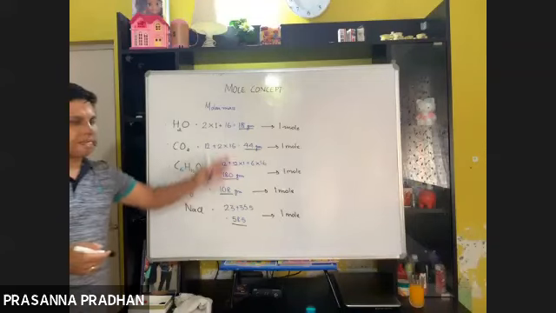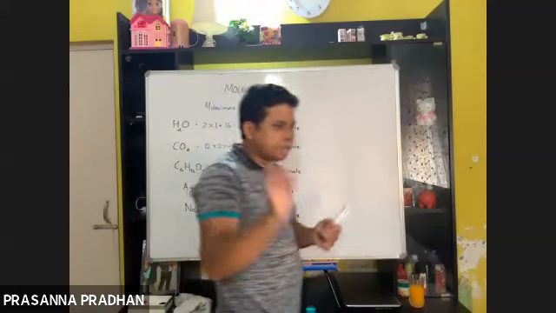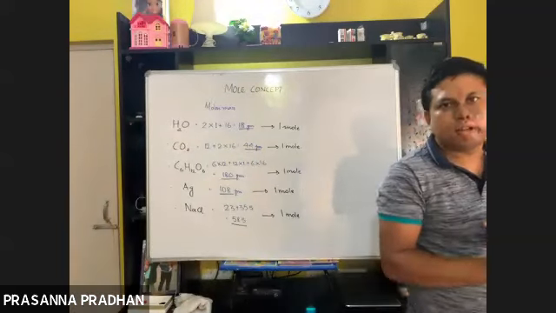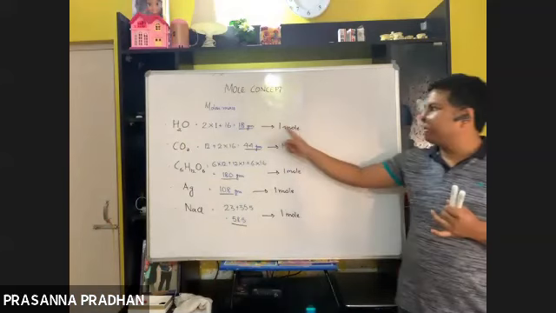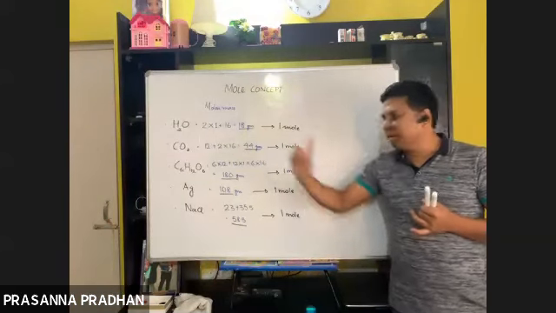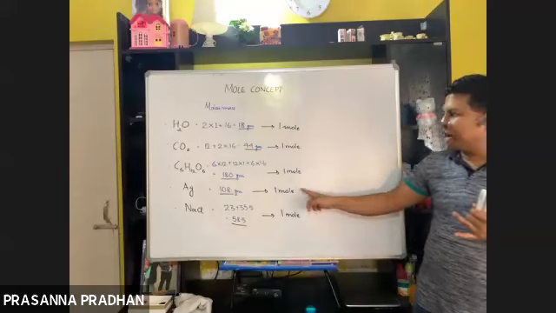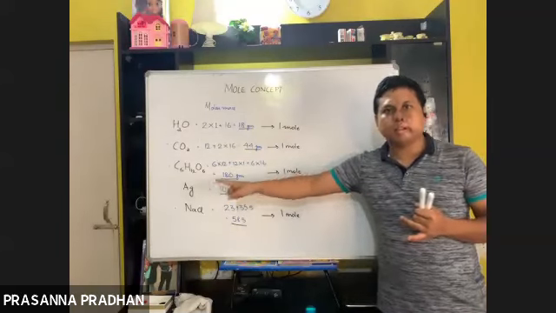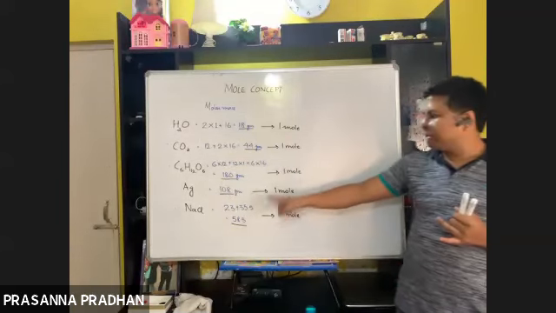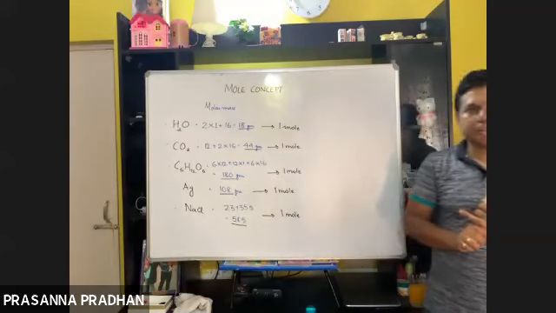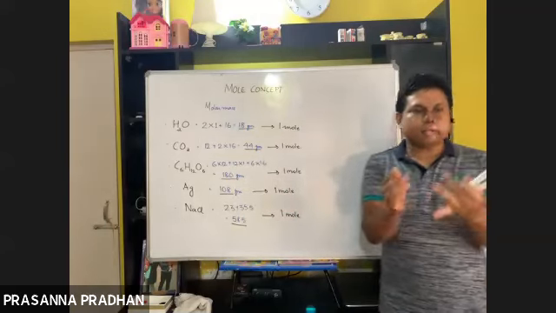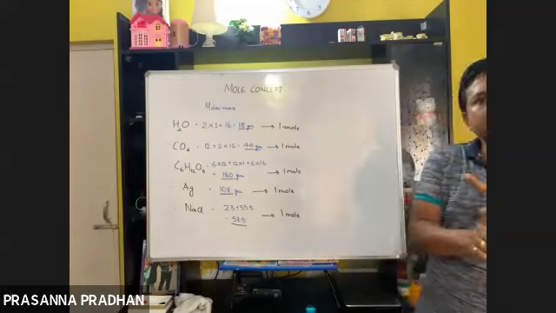So this is the concept of mole in terms of mass. Just one line: what is mole in terms of mass? Yes, 1 mole is equivalent to the molecular mass if it is a molecule, or the atomic mass if it is an element, or the formula mass if it is an ionic compound like this. So just one line concept, mole is equivalent to its molar mass or atomic mass.